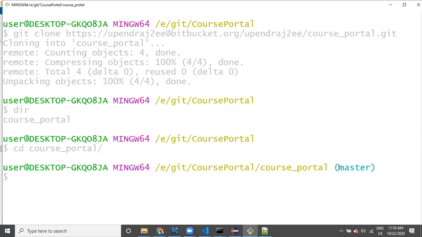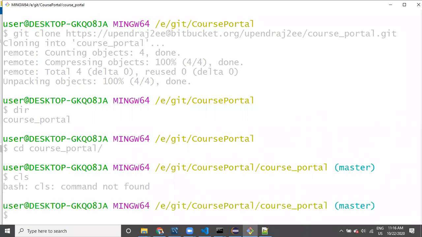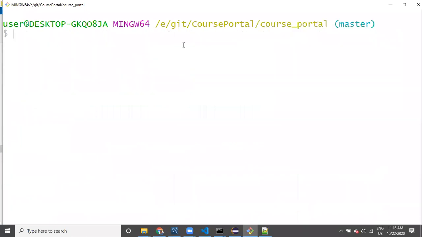You can see here master or some other branch name. Okay, this is the master. Generally we are not going to work with master, but initially whatever code we have is going to be pushed into master. For that, let's say now our code is available in the local machine. Now we need to push this code to